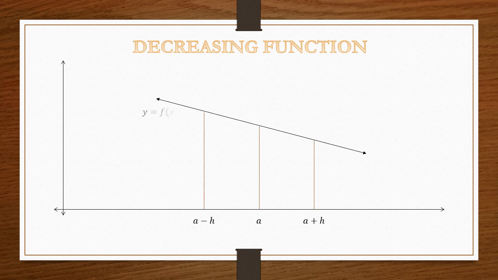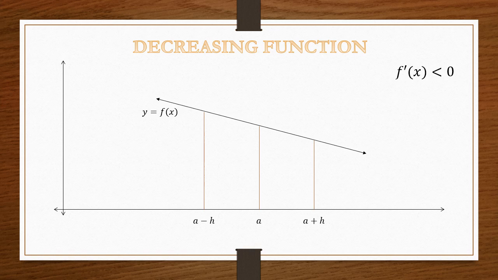And when you look at this line, that is the function line or the y line, you can see that it is gradually decreasing. It has a slope towards the right hand side bottom. So it is a decreasing function. But once again, if the derivative of the function is less than 0, we can say that the function is decreasing.